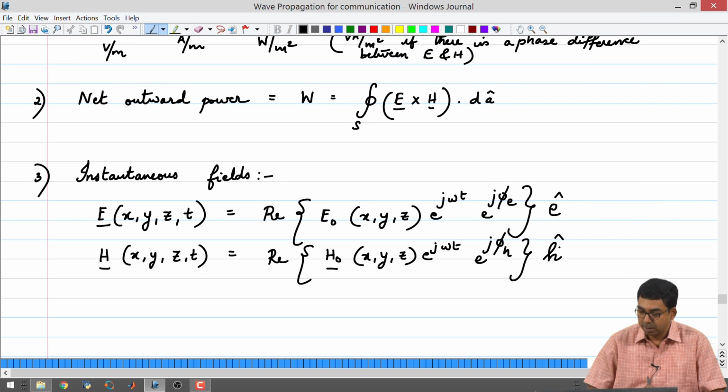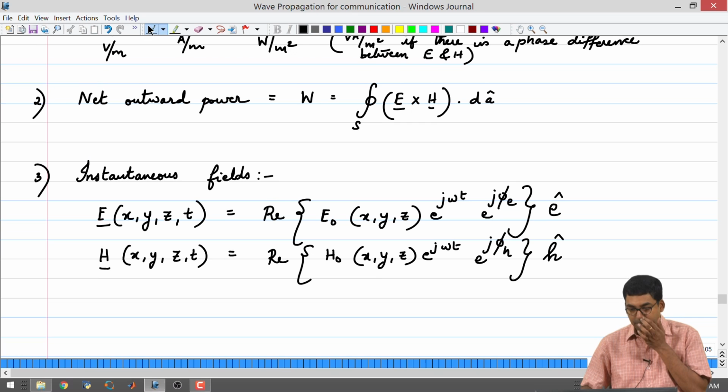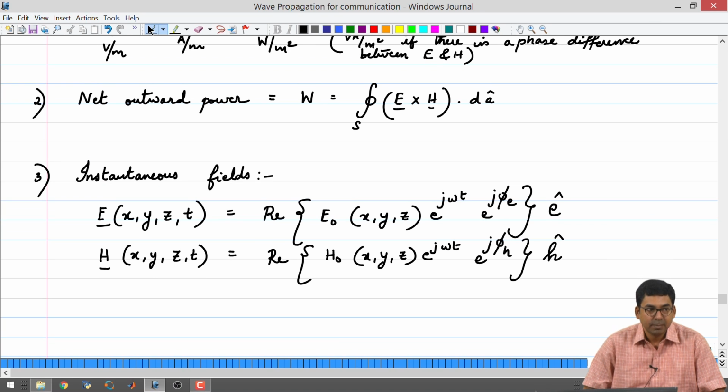So, it includes the position, it includes the time, it also includes some phase with respect to a reference for electric and magnetic fields. It is quite possible that you choose the reference in such a way that phi e is equal to 0, and then say with respect to the same reference, what is the value of phi h, and that way you will be able to eliminate one of these two variables. But in the most generic case, with respect to a reference, it is completely okay for the electric field to have a phase, and with respect to the same reference, the magnetic field has some other phase. That means that the electric and the magnetic fields could have a phase difference between them in the most generic case.